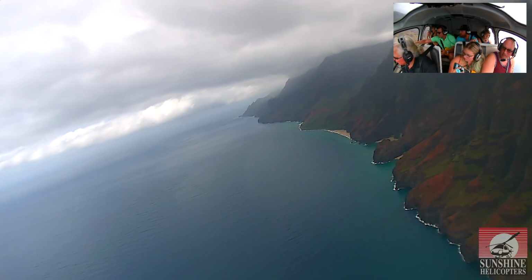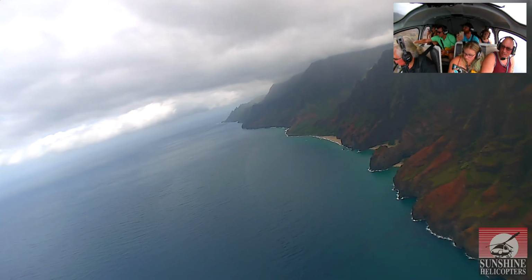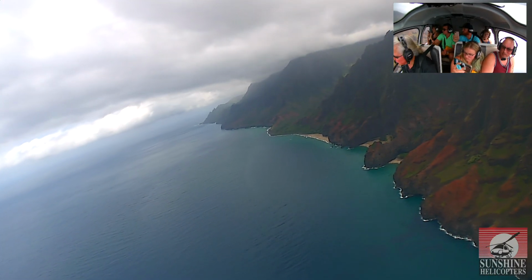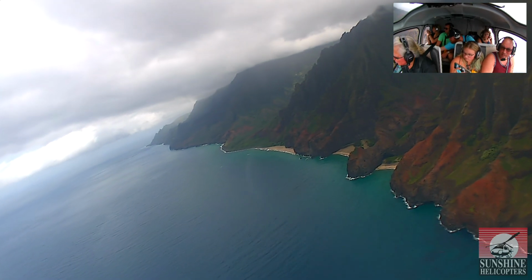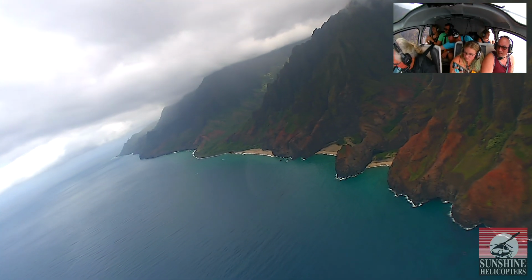The twin beaches below us in the right front is called Honopu. It's the last of the inaccessible beaches and valleys. If you've ever seen the old King Kong movie with Jessica Lange, part of it was filmed